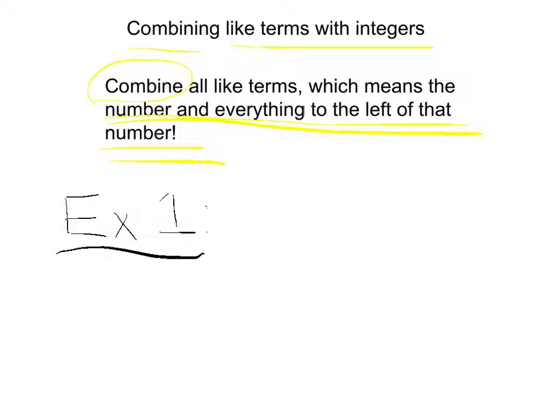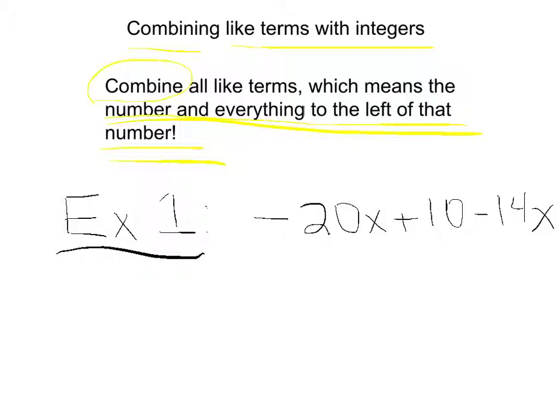If I have negative 20x plus 10 minus 14x. Now notice that this is an expression, it's not an equation. And we are looking to combine like terms to simplify it